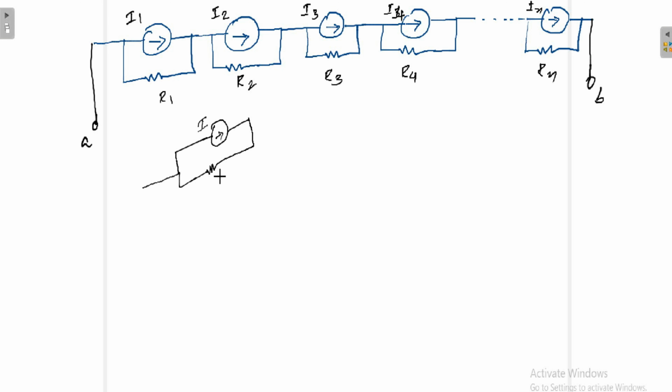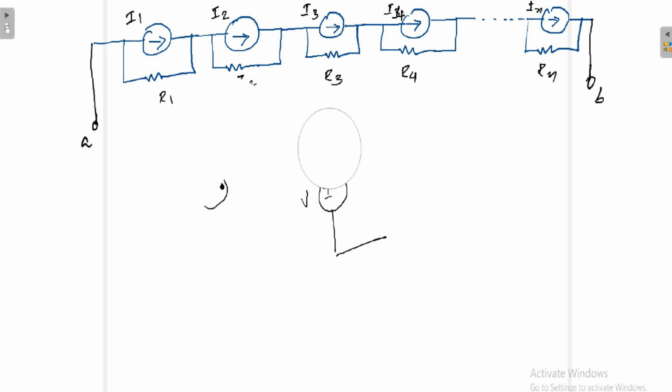For voltage sources, how did we consider it? A voltage in series with the resistance. If I have currents in parallel with the resistance, then all n number of current sources are replaced with a single current source in parallel with a resistance. So this is the statement of Millman's theorem in the case of current sources. The total thing is replaced with a current source in parallel to a resistance. So this is the equivalent circuit.